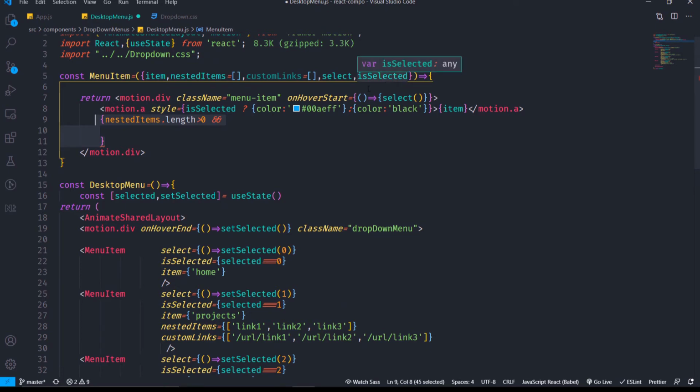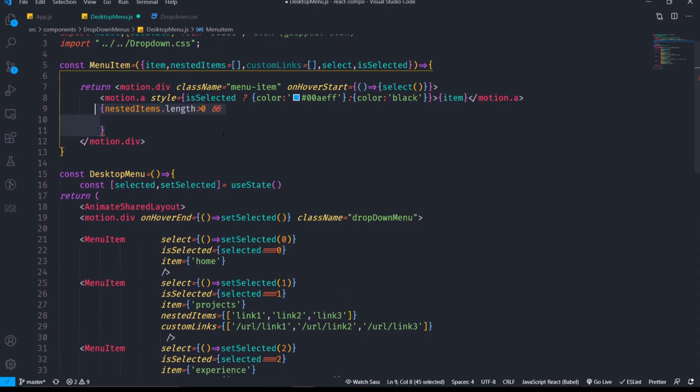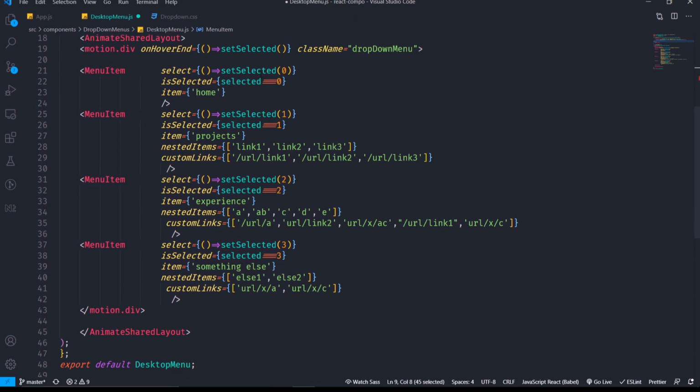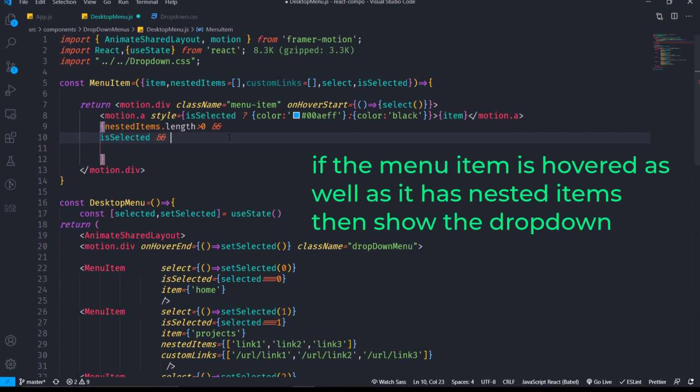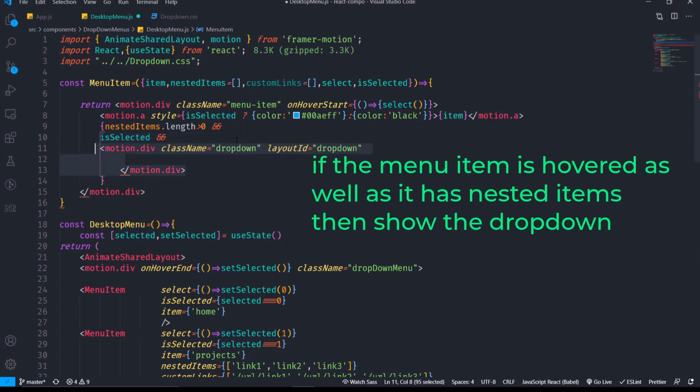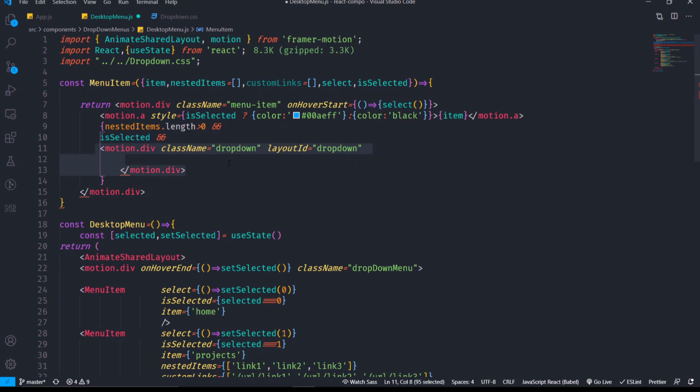And if the item has nested items, that is if it has a drop-down menu, you can see that the first index does not have any nested item, but the second, third and fourth have. So if nestedItems.length is greater than 0, that is if the array has at least one element, and it is also the selected item, that is it is also hovered on, only then will we show the drop-down.